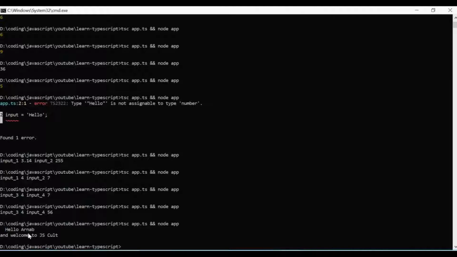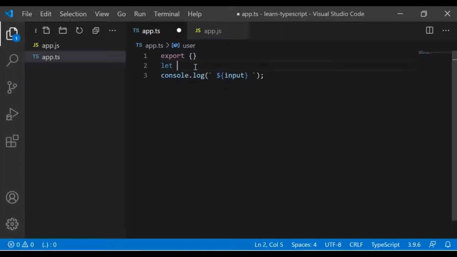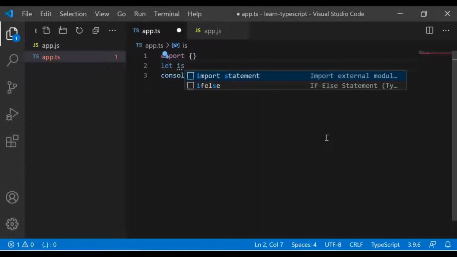So as you can see, the sentence is printing perfectly with the interpolation also. Hello Arnav and welcome to JSCult. So I'm not going to show much. Strings are pretty common. Like string, we have boolean as well.